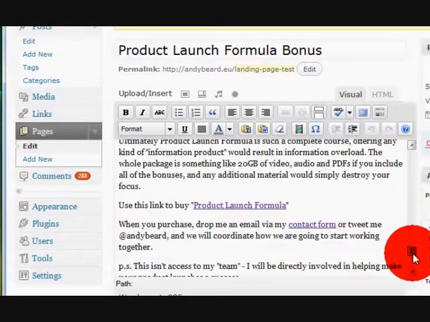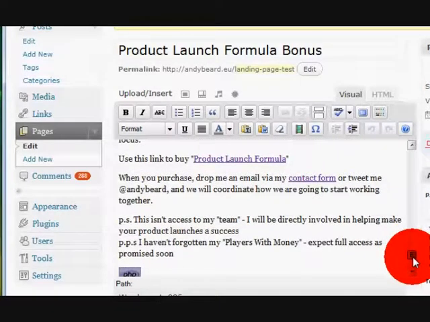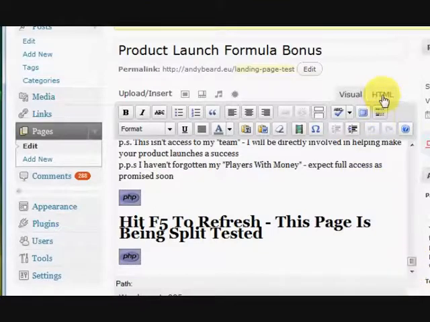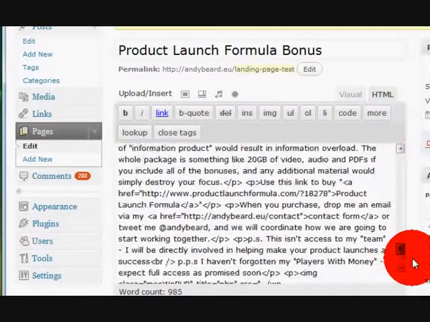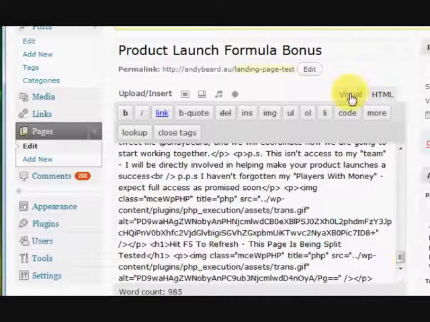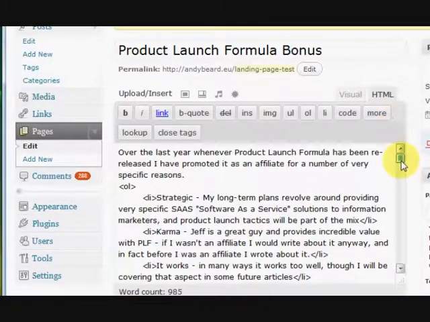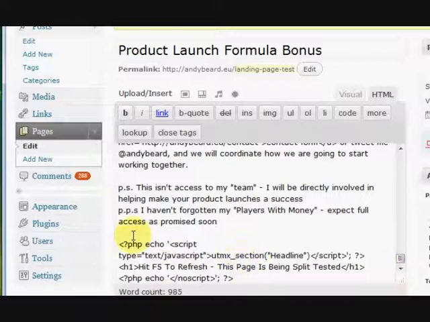What we can also do is add in custom tags on any segment of the page, and this is the only time when you have to quickly switch to the HTML editor. In the HTML editor, at the bottom of the page, we have a small piece of PHP which we've added. This is the equivalent in complexity to doing Hello World. All we're doing is echoing the script onto the page, and then here we have an additional headline, H1 tags,